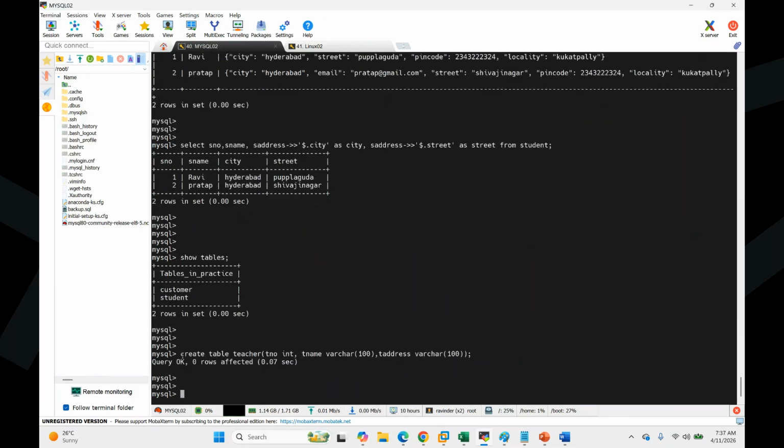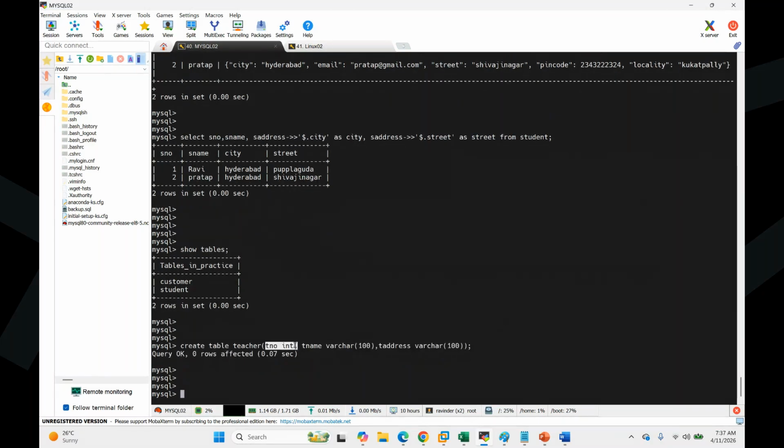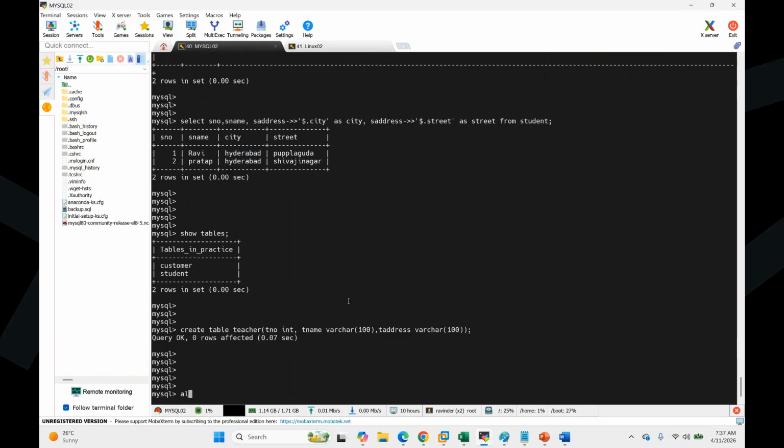So here, what I just created is this. Let's add a unique key to this one. To fail the transaction, I need to alter table teacher and add unique on country number.